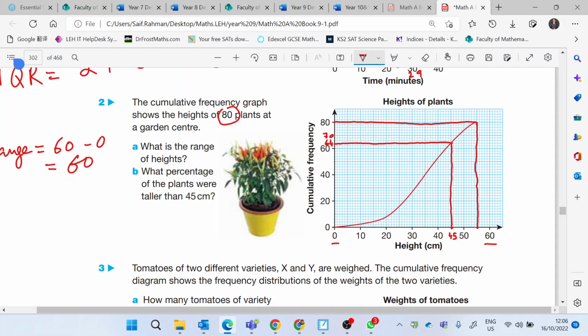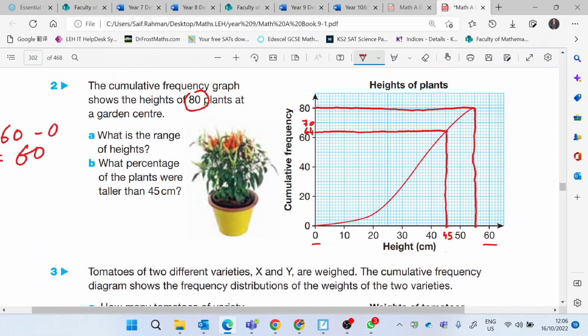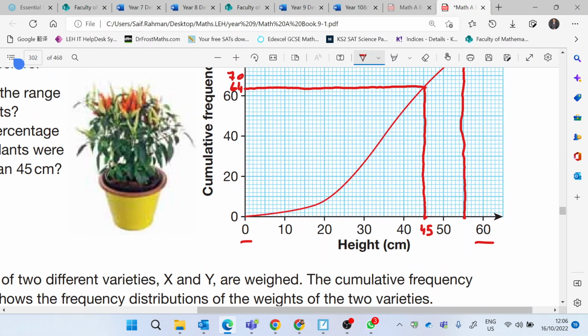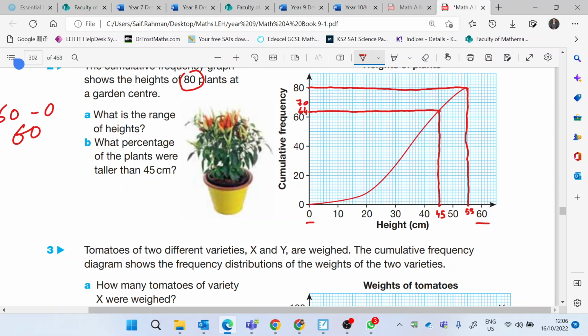Now 50 and 60. On the horizontal axis, you can see here that from 50 to 60, there are lines, 1, 2, 3, 4, 5. So one line represents, yeah, 55. Okay. So the highest were 55, and from 45 to 55 centimeters, and on the cumulative frequency, if you see